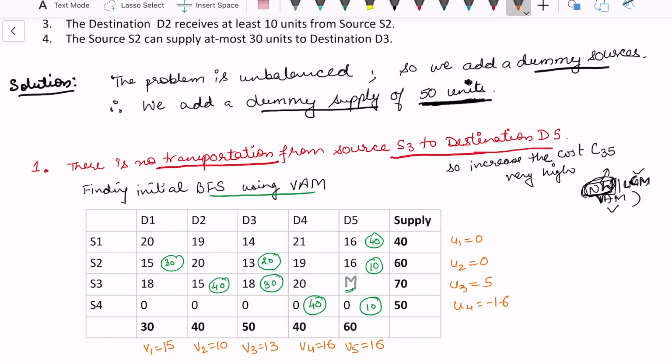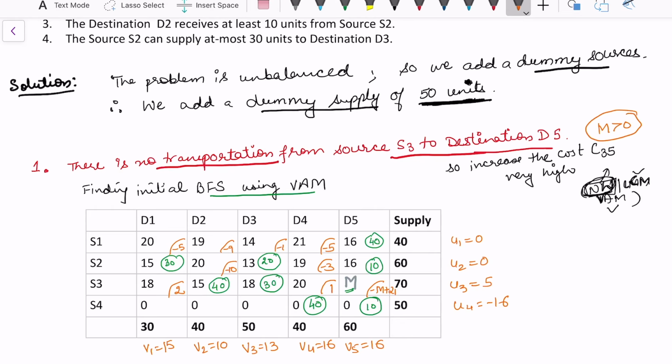And then I'm going to check the net evaluation for the non-basic variables, which I am writing in the same table. So if I calculate the net evaluation for the non-basic cells, these quantities come out to be negative. But there is one quantity that's going to come positive in this particular question. So let's see, this is 2. So this is positive, and there is one more 1 here which is positive, and this quantity is minus M plus 21. So still it is negative because M is very high and we wanted to block this cell.